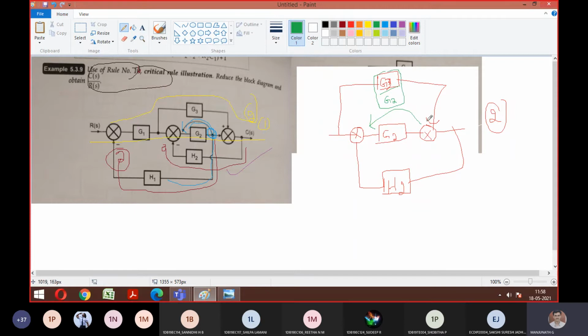Is it okay till there? Then how does this diagram look? It looks like this. There is a summing point. So this is this one, this summing point. Okay. So now I'm moving this one, it looks like this. So there is one more summing point after movement. So this connection will be given to my G3 by G2. And this connection is there.